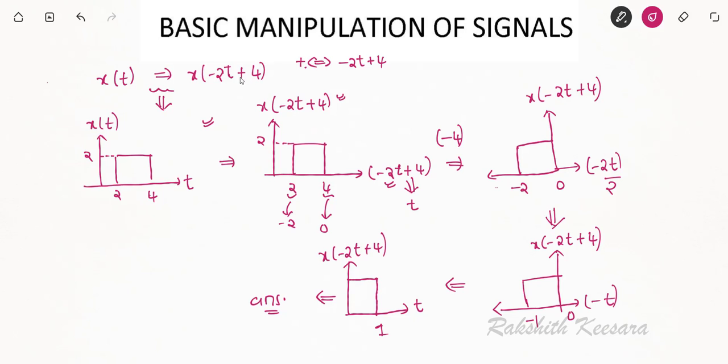For any question given, you can proceed in this way. That is, replace t with what is asked in the question. If you do this, your signal will be unaltered and your axis will be changed. Now perform operations to bring your axis back to t. In that process, you will get your original signal. This is the method you should follow. Next, let us see them one by one.